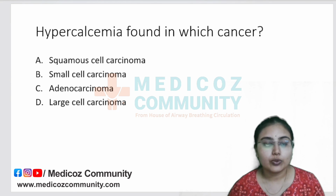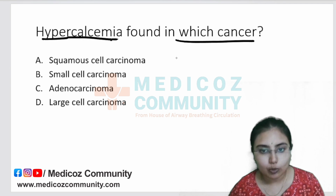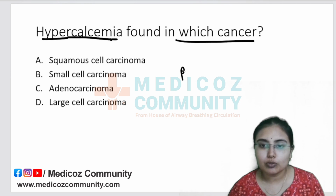All right. Okay. So there's one more: hypercalcemia is found in which cancer? So hypercalcemia they want to ask is, I think there was also some large atypical cells given along with the question. So people were confused whether this is an anaplastic large cell carcinoma, and because it was a paraneoplastic syndrome, people were confused with small cell carcinoma. I think it's very clear. Everybody, please remember that